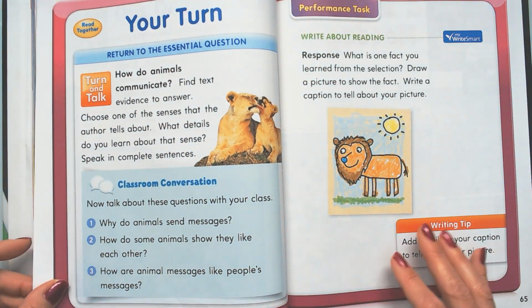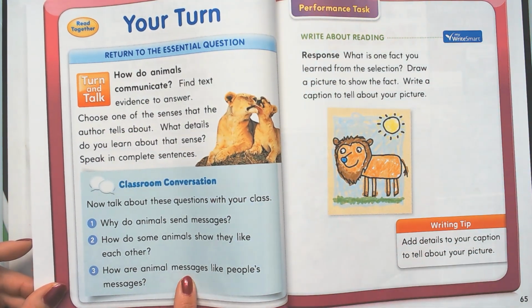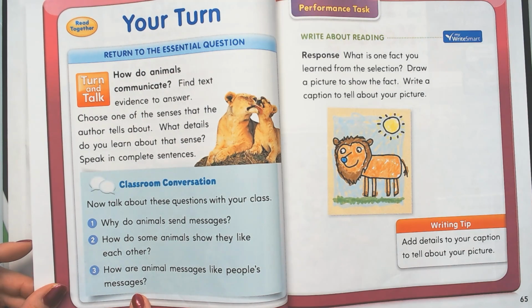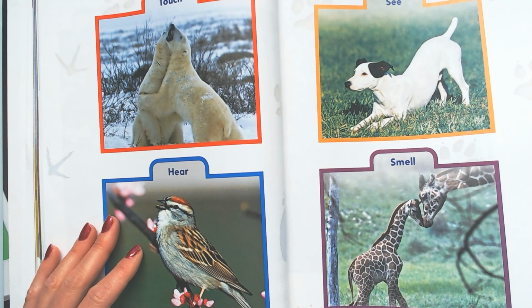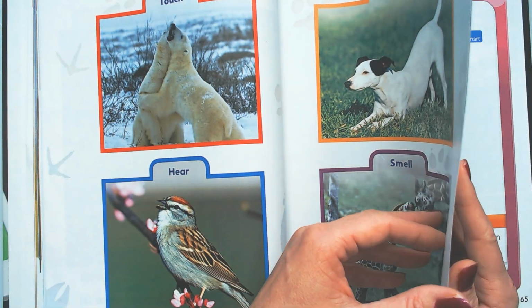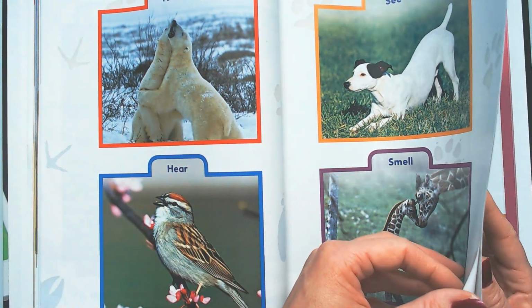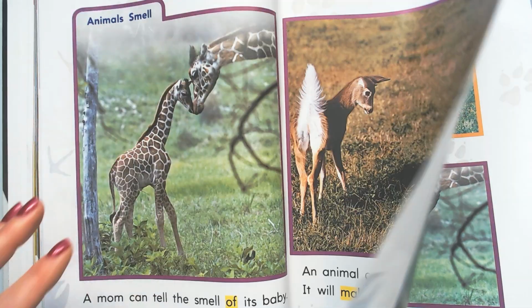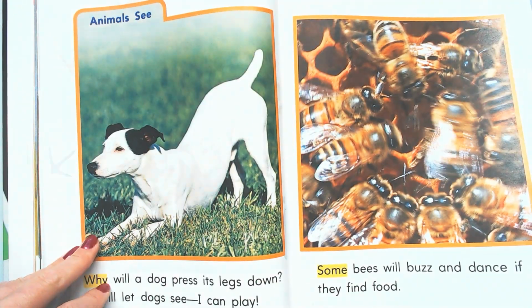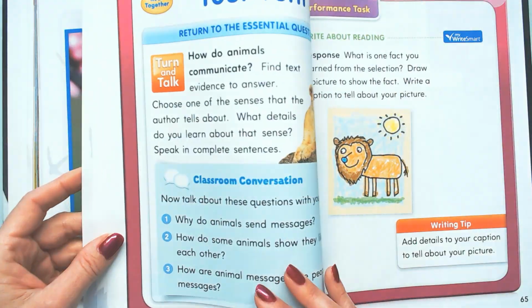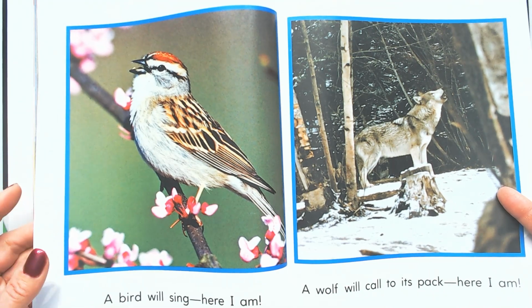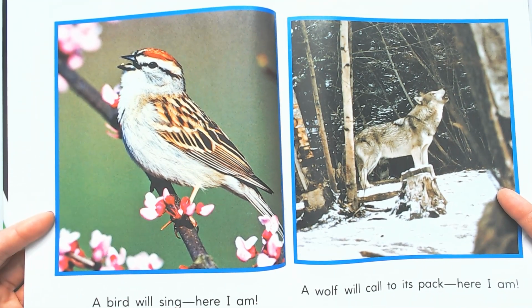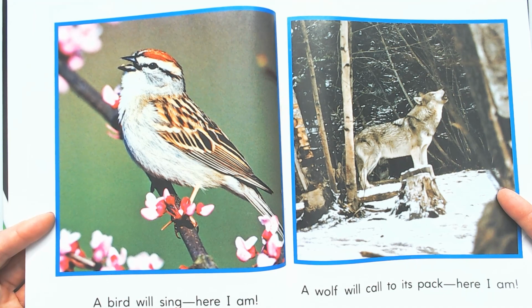Okay, and last one. How are animal messages like people's messages? Just like people use words, animals use special sounds, like this bird. Let's go back to where the sounds are. We use a lot of different kinds of words, and we make our voices sound loud or soft.